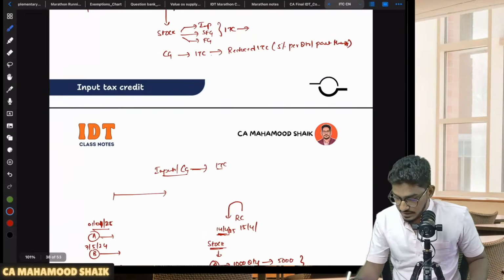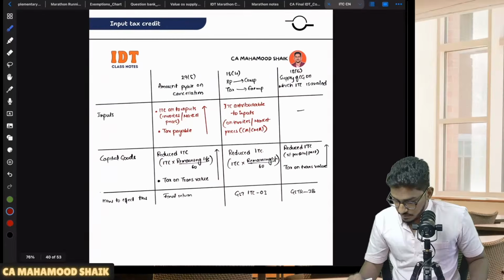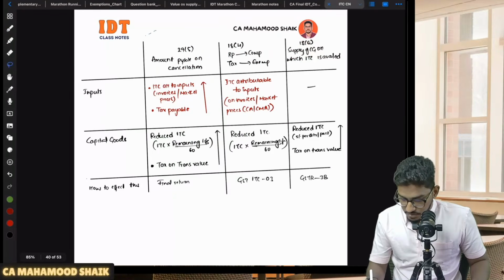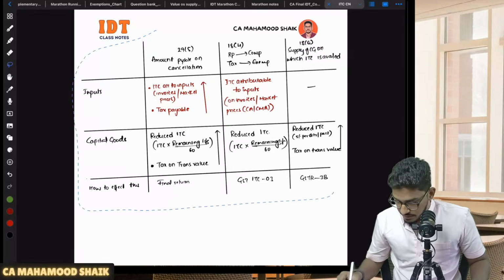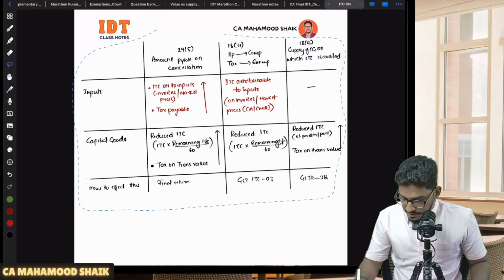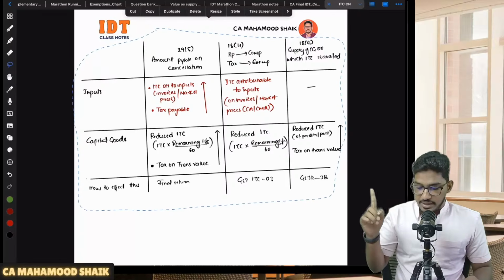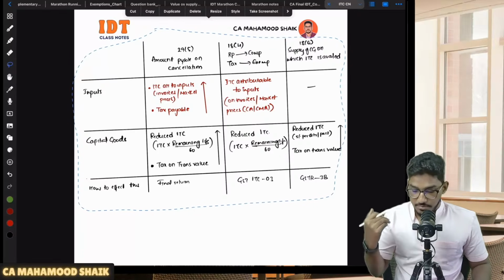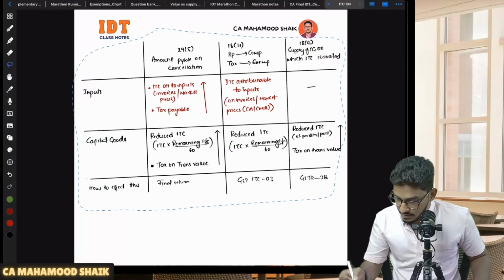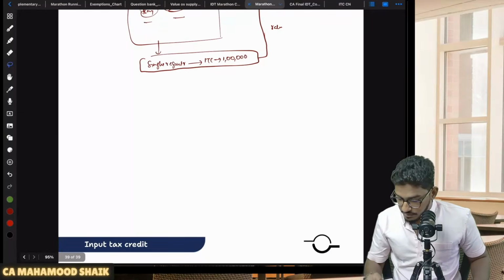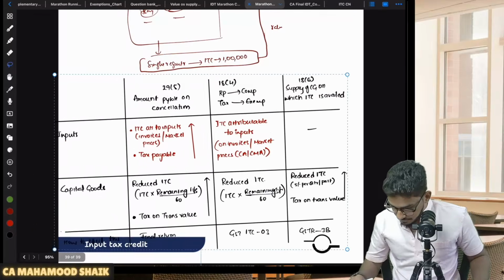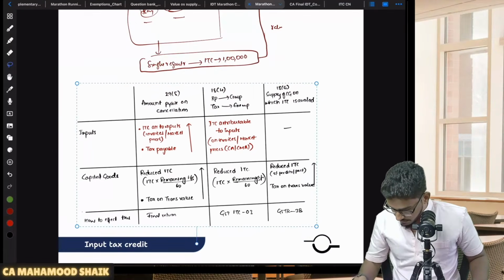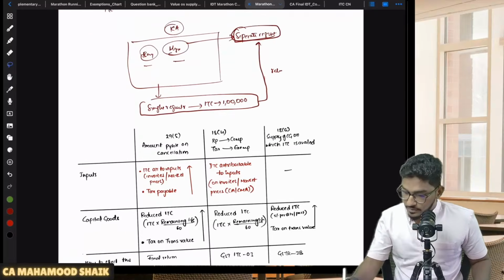For this also I will take the help of the notes. See, I have done the comparison here between 29 subsection 5, 18 subsection 4, and 18 subsection 6 on cancellation and conversion, and how much amount of GST will be liable to pay on inputs, capital goods and all. This I will keep in the marathon notes. Kindly do refer to it, it will help you out.